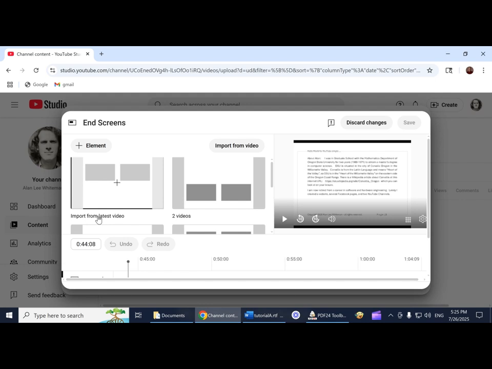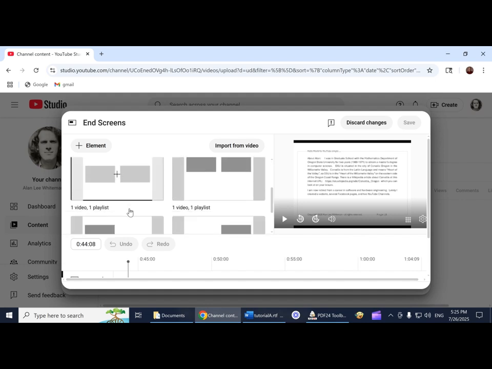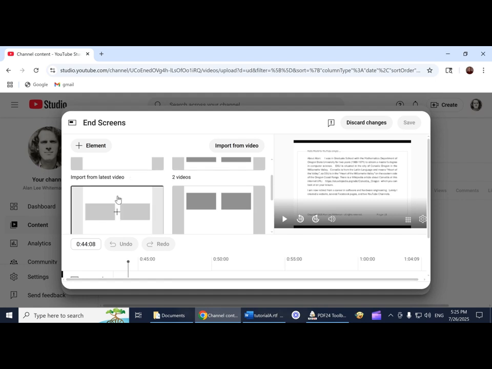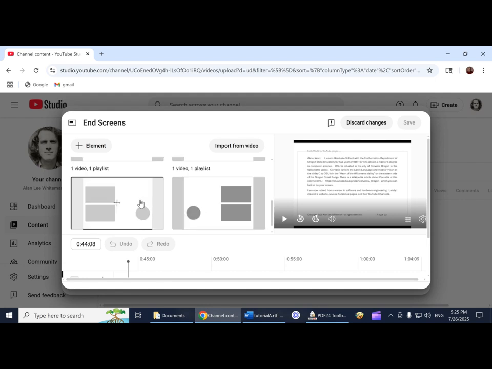You could add elements from the very last video that you uploaded, or you might have links to the last 2 videos you uploaded, or videos you could select, or you could have a link to a video somewhere in the playlist series, and you could identify the playlist. And they give you sort of a style option where you want to put these 2 things on the screen, whether it be in the middle here or whether it be on top. Or